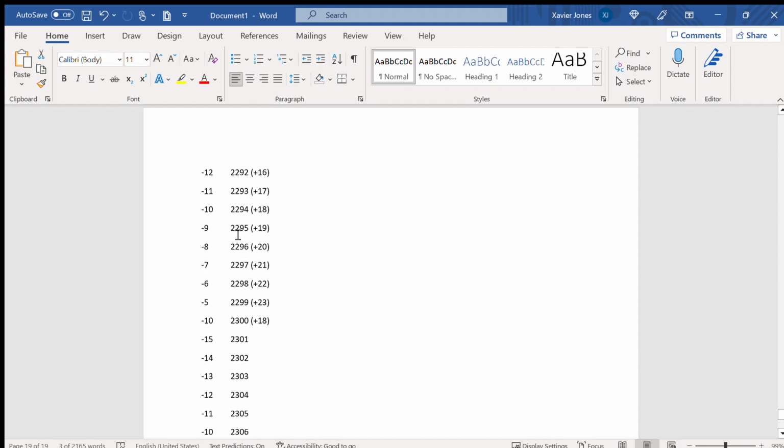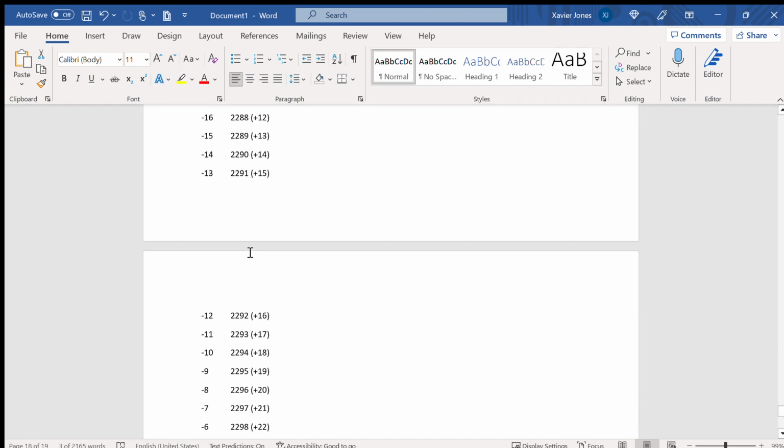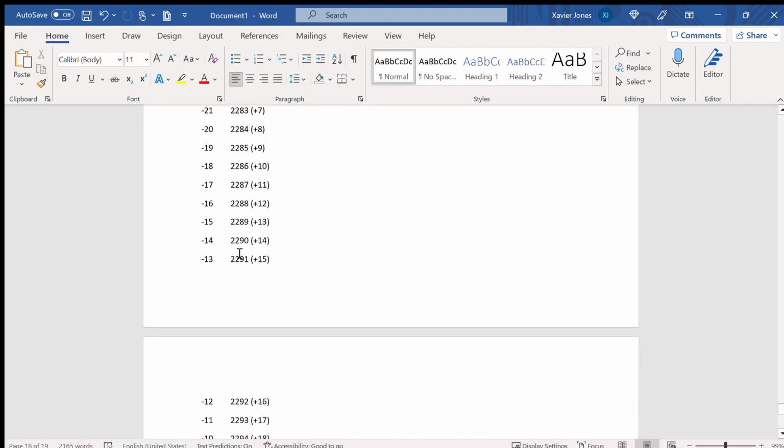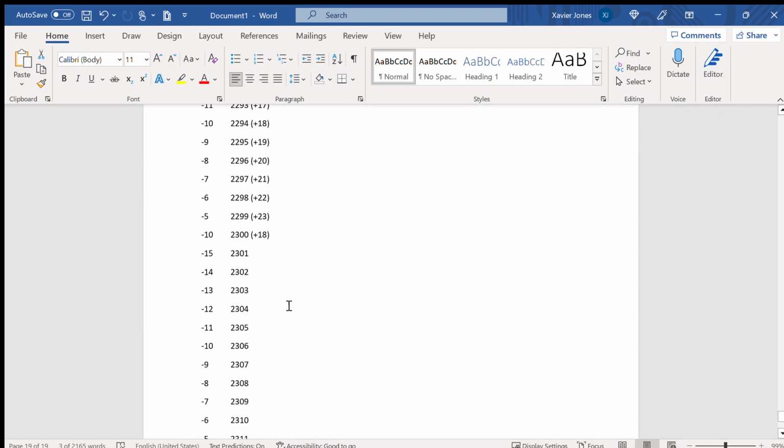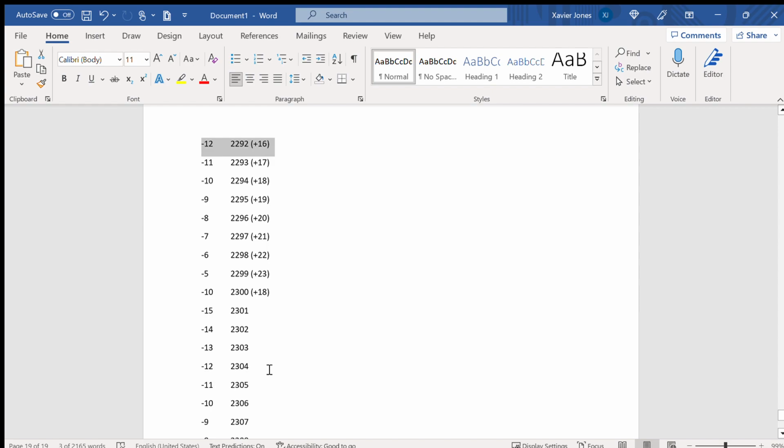Like for minus 12, you only have to wait 12 years. And that goes all the way up until, well, this is the most recent scenario, minus 12. It also worked for minus 8 too,